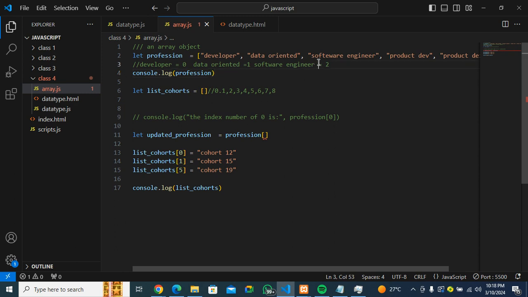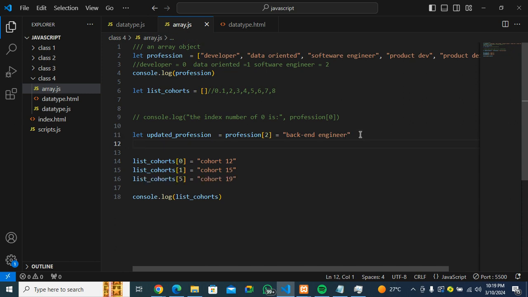Let's say I want to update software engineer, because you know that software engineer has the index of 2. So I'm passing 2 here, then assign equals, then this is what I want to assign. I will say backend engineer. So if I come here to console.log,